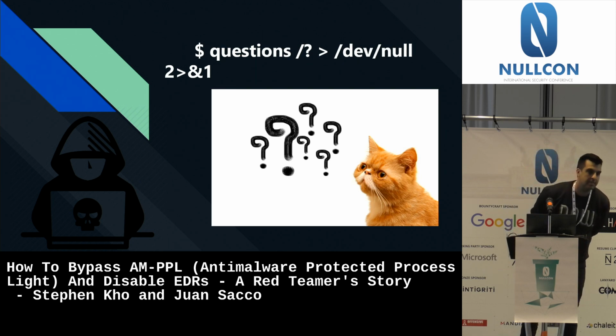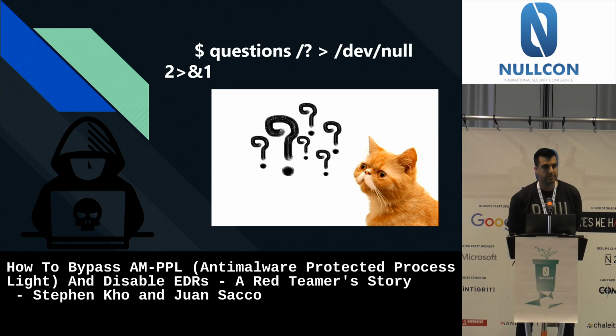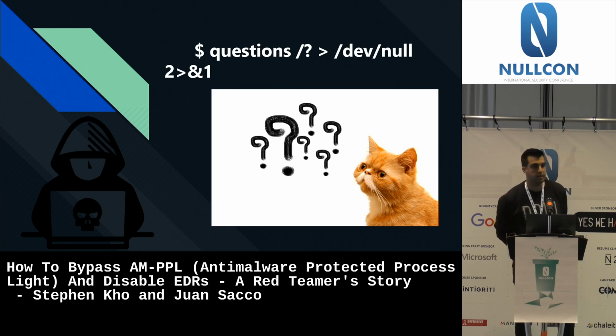Yeah, I have a question. So you said you had debug privileges with a normal user account, which shouldn't be the case. Was it a dev machine, or what was the reason you had this? By default, it comes with debug privileges, so you can do that. Like vanilla Windows, normal, nothing changed. It was a production machine.